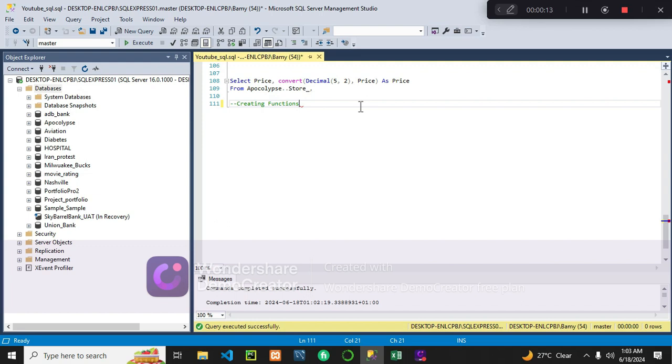Today we'll be starting with another aspect of SQL that deals with operation and execution of functions. Let's start with creating functions in SQL. Creating functions in SQL is as easy as